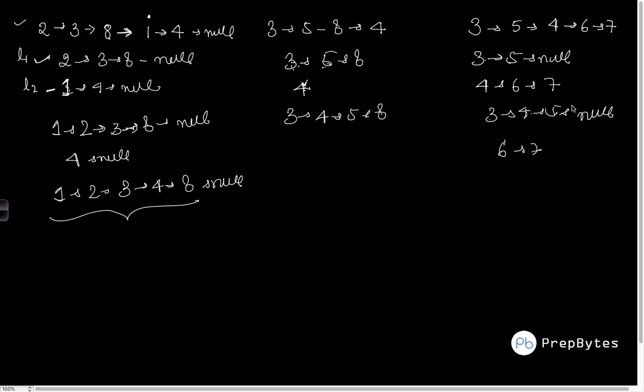So as you can see, we have come to the end of this particular list, which means all the elements remaining in this list are greater than all the elements in the other list. So we will simply do 3, 4, 5, 6, 7, null. So whatever was remaining, I kept it at the end. Now I'll try and write down the situations I faced in solving these test cases.